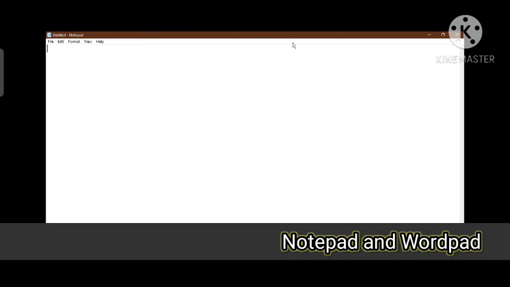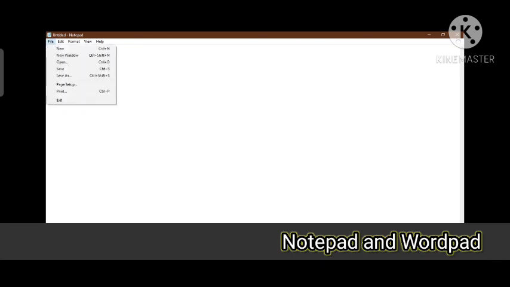So here at the top there is the name of your file. Here we have three buttons: close, this is minimize, and this is restore down, meaning to make it small again. Or it is maximize also. If your Notepad window is small, you can click on that and it will be maximized.